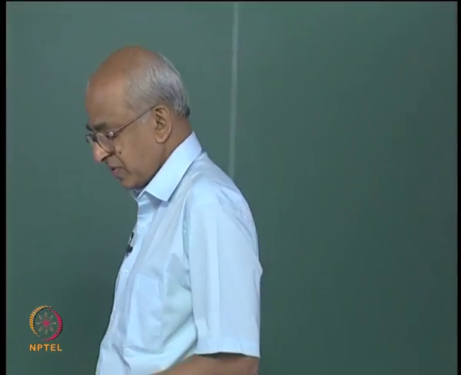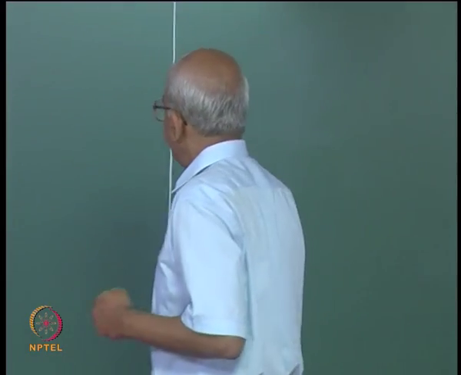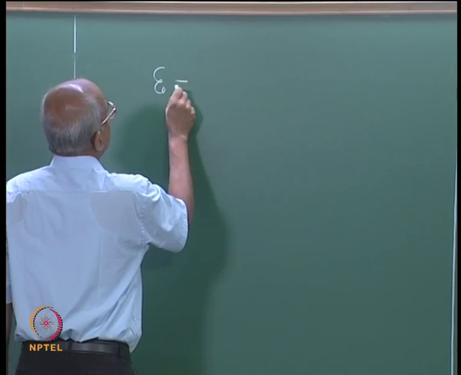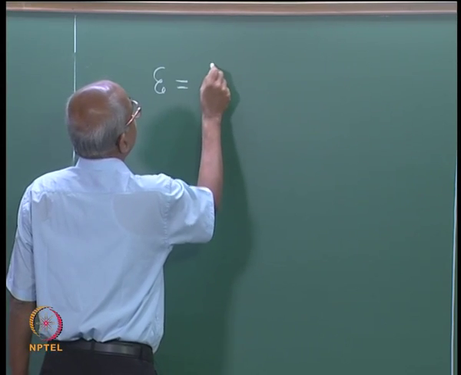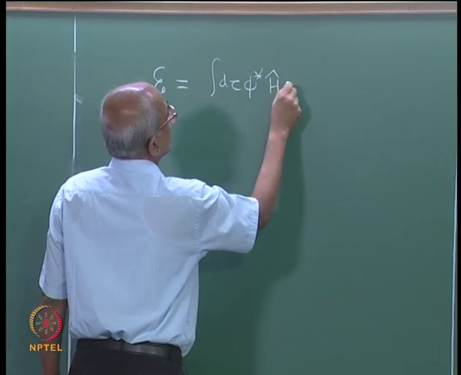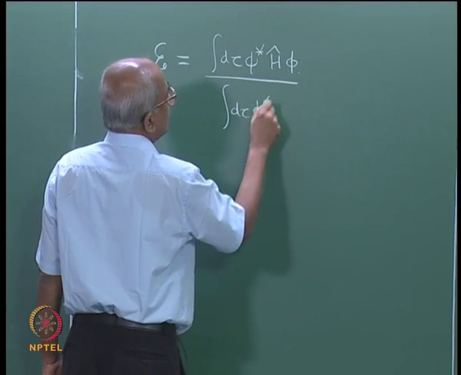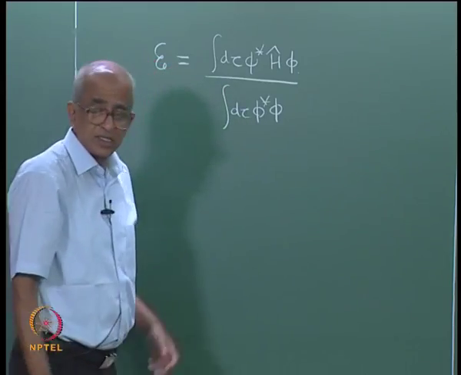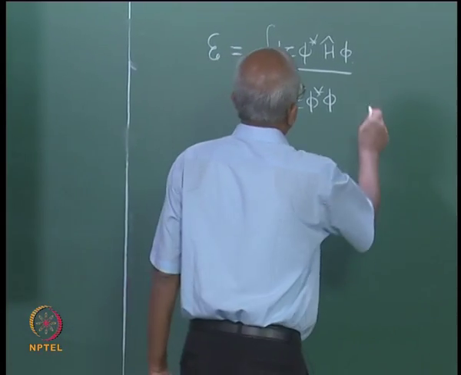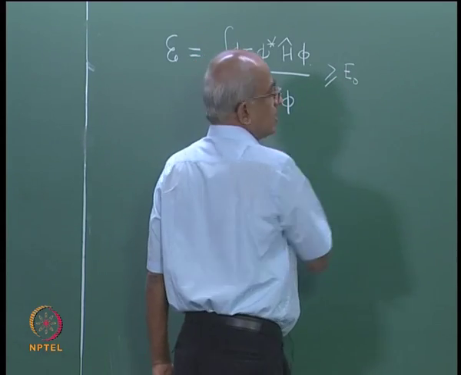We were discussing the variation method, and specifically we were talking about the variation theorem, which says that script E, which is defined to be equal to the expression, for any acceptable state function phi,